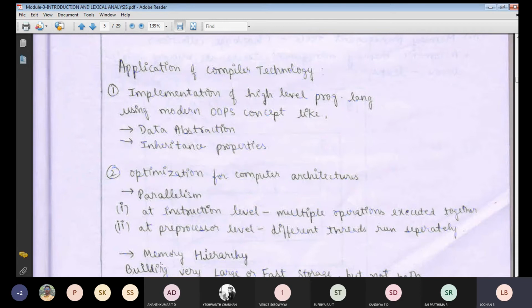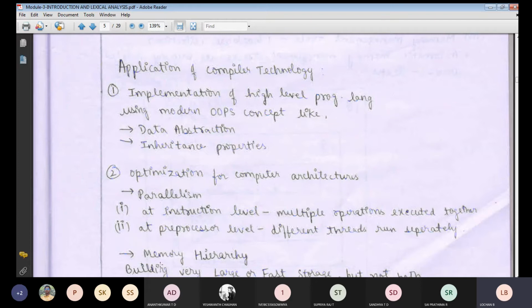As usual, you know what we mean by compiler. The compiler definition is: a compiler is a program that reads a program in one language. That program we call the source program, and it will translate it into another program called the target program. The target language we will get.